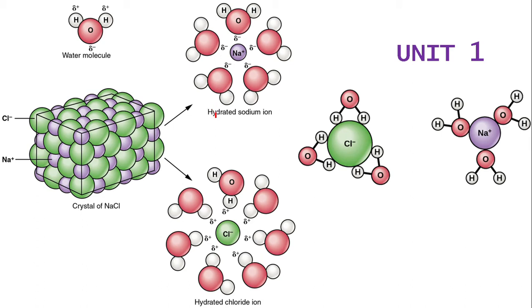And water is actually said to be a universal solvent. Why is it a universal solvent? This is the basic reason, and we are going to see it in detail in this class. So you see, sodium ions and chloride ions are separating from each other during its dissolution in water. The ordered crystalline structure which is present in the solid state is no more when it is dissolved in water.